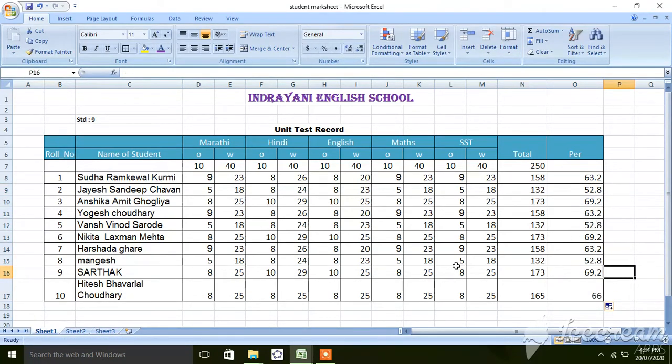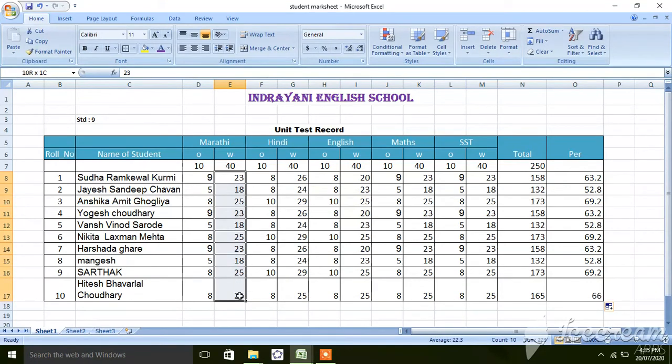Okay, now if you want to find a student who failed in that exam, how to find who failed? Generally we will calculate that below, out of 10, suppose below 3 means that student fails, or out of 40, suppose below 20, that student fails. So how to do it?